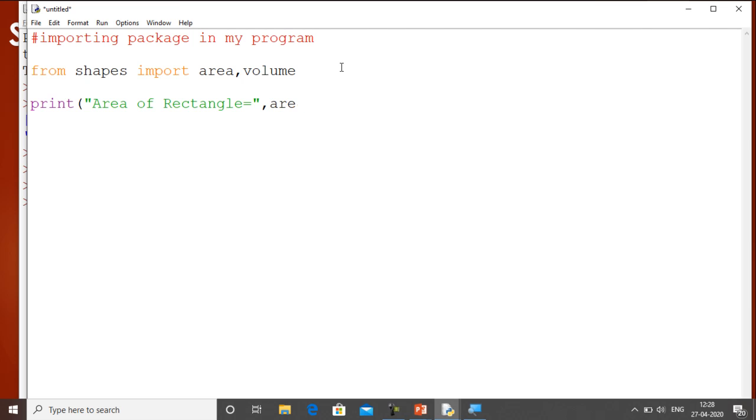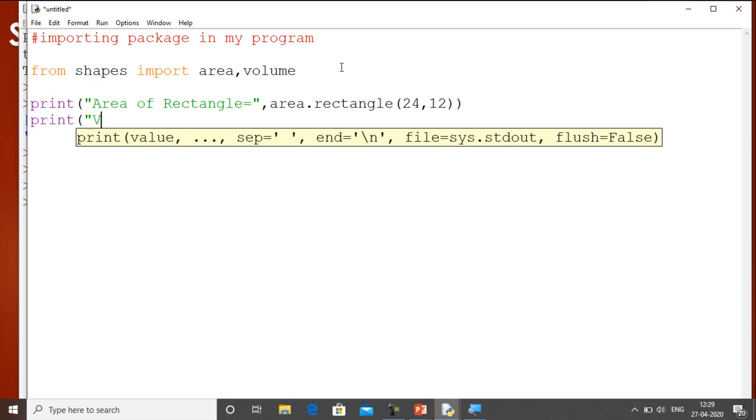So we write area dot rectangle, and then suppose 24 comma 12. Let me do one more: volume of cube is equal to, comma, volume dot cube, and over there I pass 8.